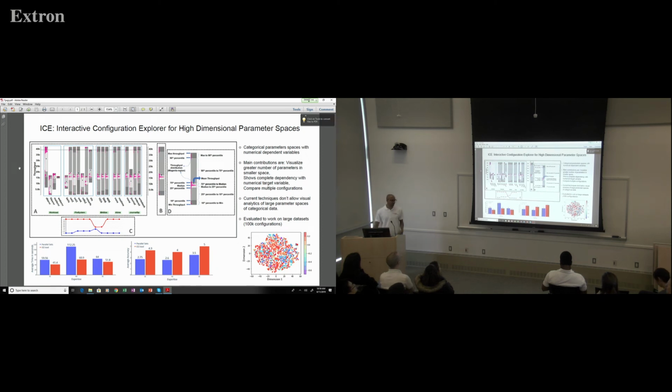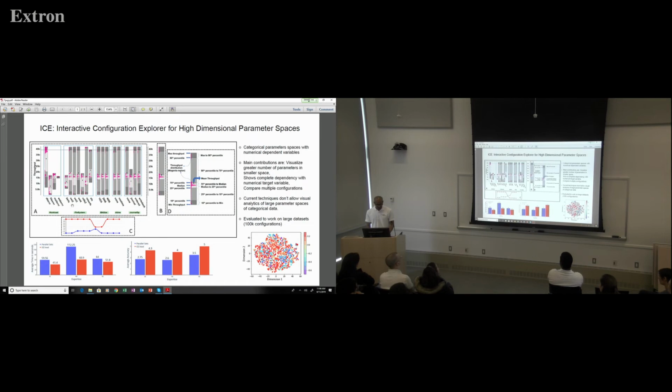I work with Professor Klaus Müller in the Visual Analytics Lab in the Computer Science Department. And this is the tool that we made to study categorical data sets. Categorical data sets are everywhere, and to understand the relationships between categorical variables, we need to see how each of these variables behave with respect to a numerical dependent variable in the data set. So this is a tool that can help you analyze all these relationships on just a single screen.